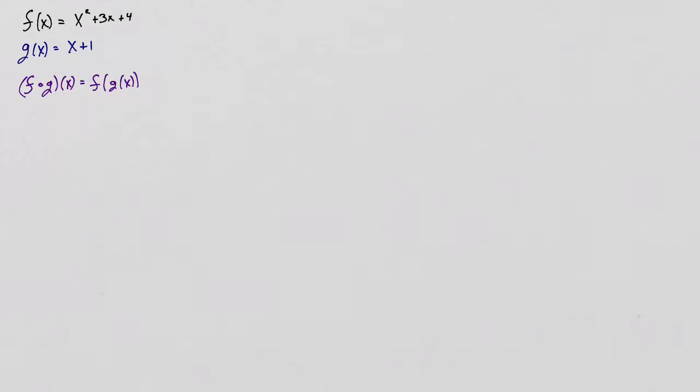Now what's really nice is that this g of x, we already know what it equals. It equals x plus 1. So we can just substitute it in, and we get f of x plus 1. Now, what you have to do with this is, everywhere that there's an x in my f of x, I need to replace the x with x plus 1. Well, my f of x is x squared plus 3x plus 4. So when I go ahead and replace it, I end up getting, open parenthesis, x plus 1 squared, because this originally,